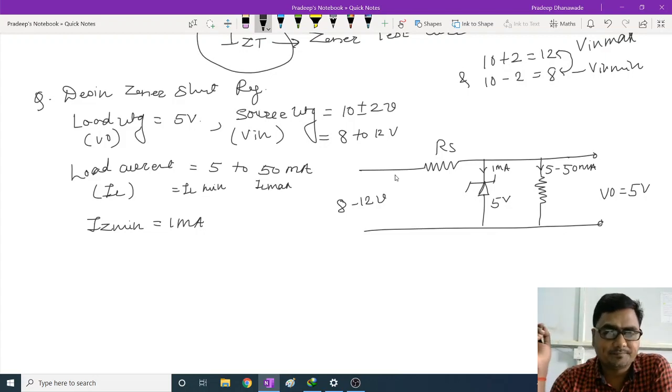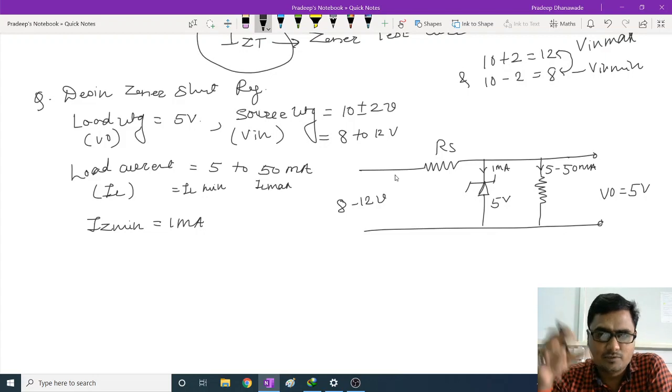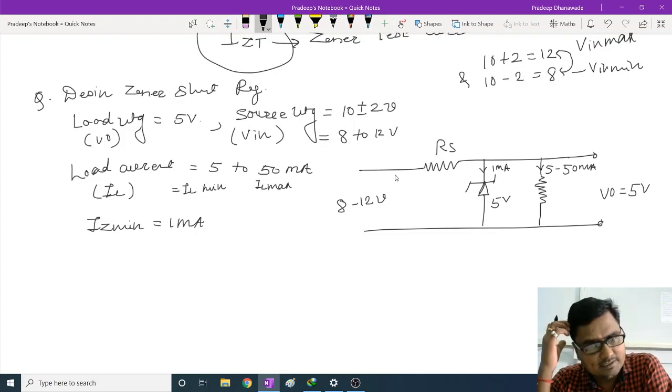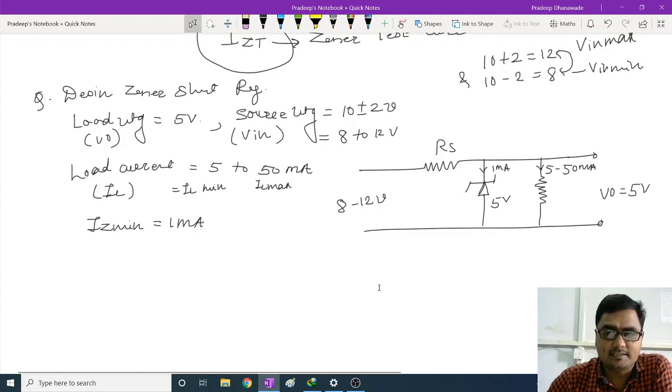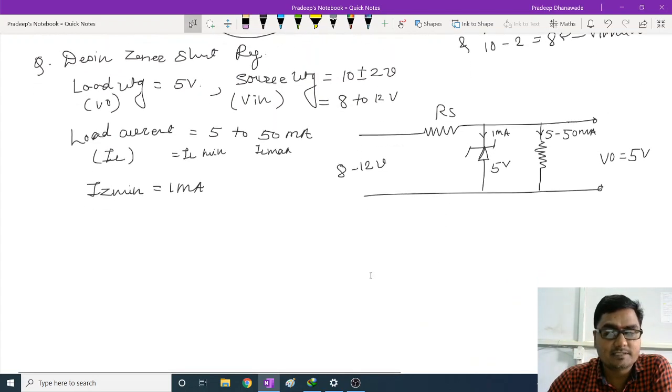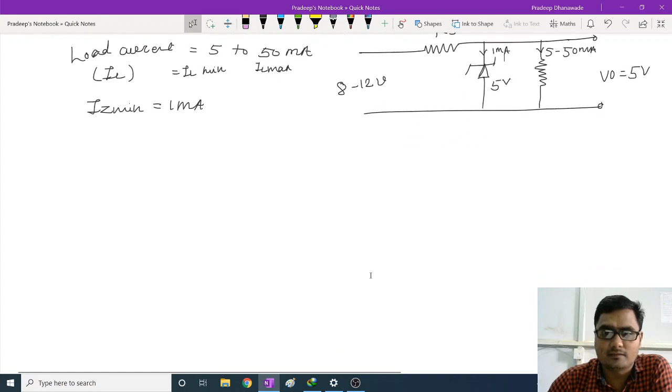Now see, instead of writing everything on the board, we'll directly write the equations because we have already derived them. Just write the equation, put the values in, use your calculator efficiently and write down the answer. That is the only job. So the first step is to draw the circuit diagram. What are the components? 2 resistors and 1 Zener diode. So my job is to calculate 2 resistors.